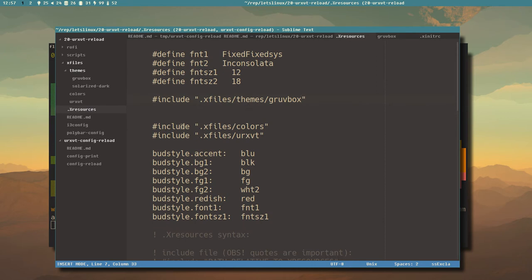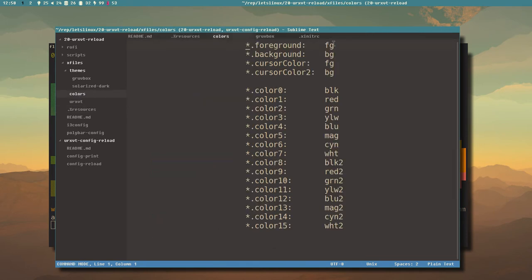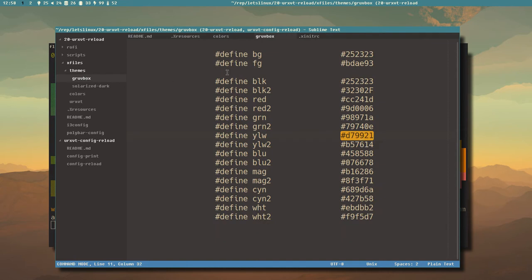And then we include these files, the xfiles colors and xfiles urxvt, and in colors here, this is where we actually define the Xresources resources, and we set them to these color variables that are defined in the theme files. So blk will be translated to 25, 23, 23